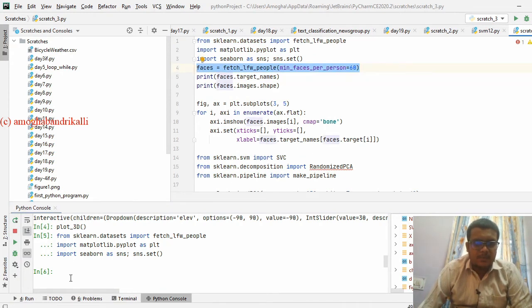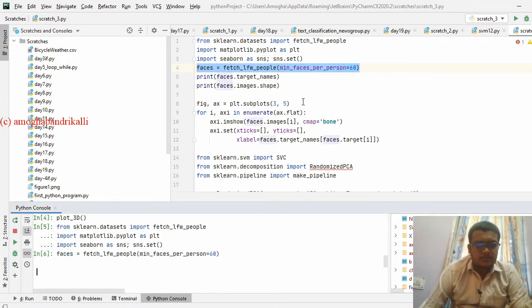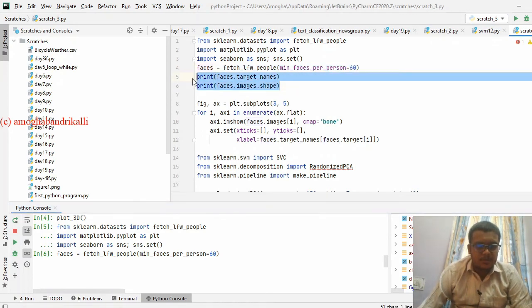Okay, let me go by line execution. So we can print those values here.